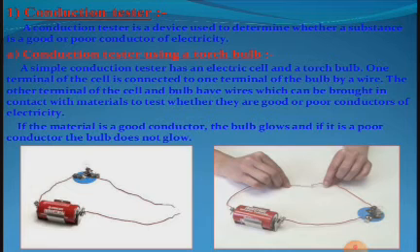So conduction tester using a torch bulb. Here you can make the simple circuit with the bulb holder, a battery cell and conducting wires. So if you allow the conducting material to connect in the gap between the two conducting wires, and when the electricity is passed, if the given material is a good conductor of electricity, you can see the bulb is glowing brightly.